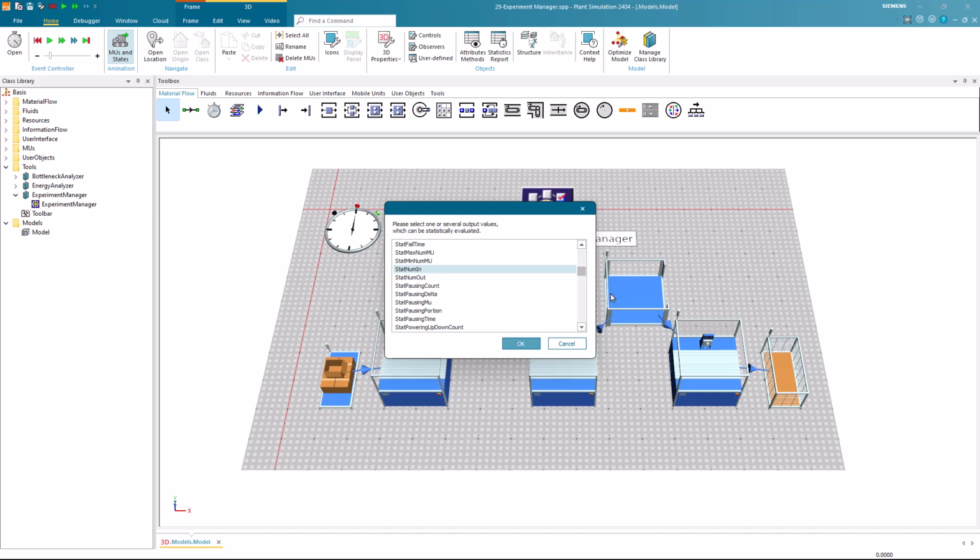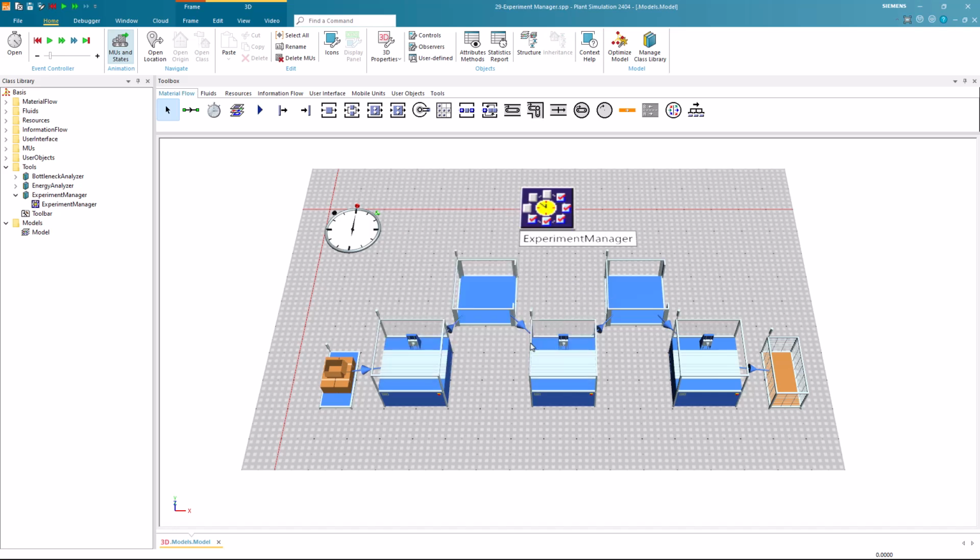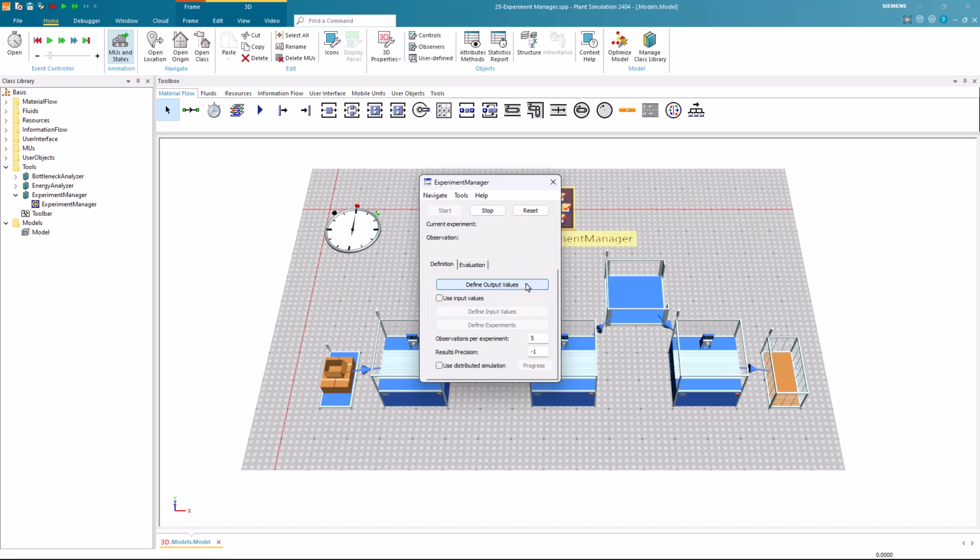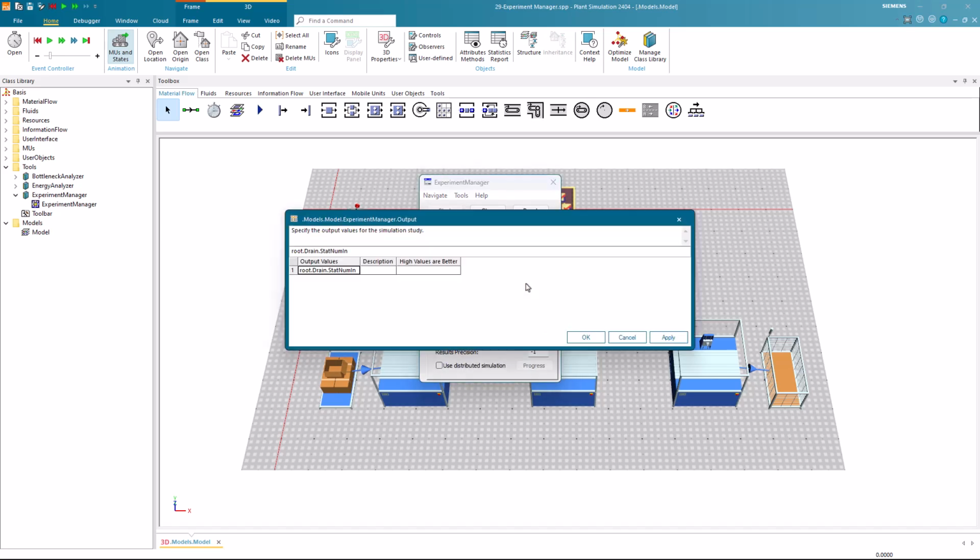After choosing the attribute, we can open the output variables and see that the attribute has been entered. At this point, we can optionally add a description for our reference. In the last column, we can determine if higher values are better for this attribute. Here we will obviously type true. You shouldn't leave the last column empty.